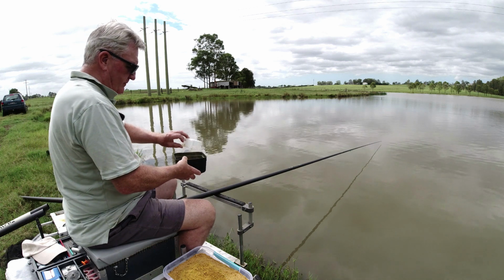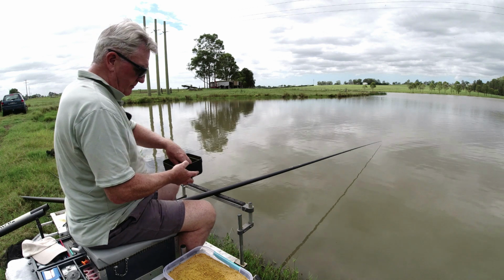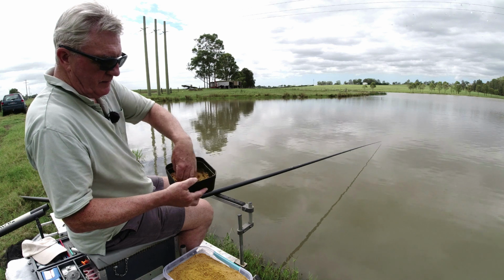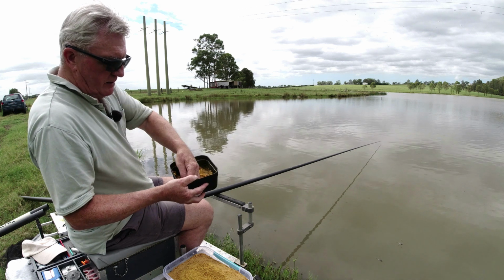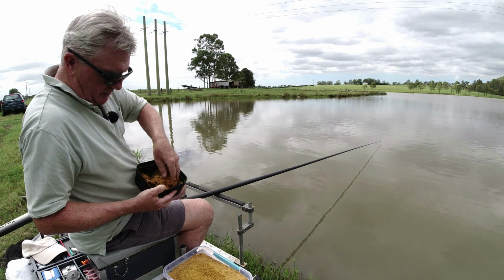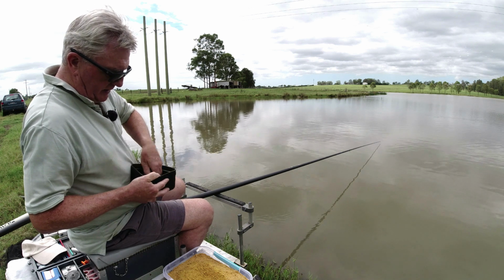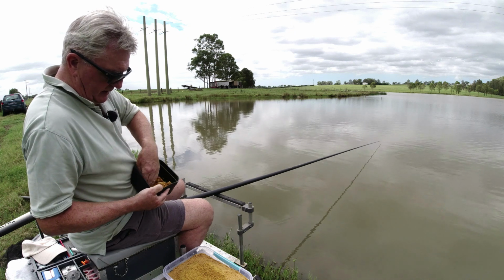Pour in the paste mixture. You saw me do this last week, but we'll do it again. So there we go, just mixing it up. I've started on the corn, by the way, because I wanted to show you me mixing this up. And you can always adjust the consistency a bit later if you want to, but basically just make sure it's